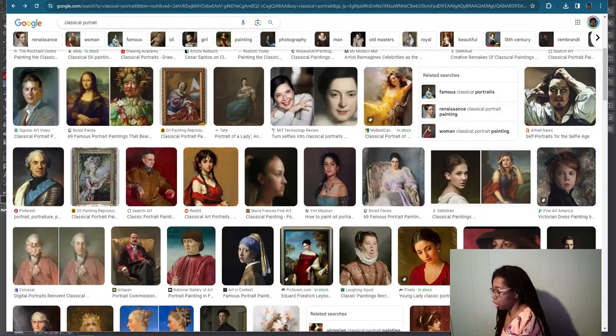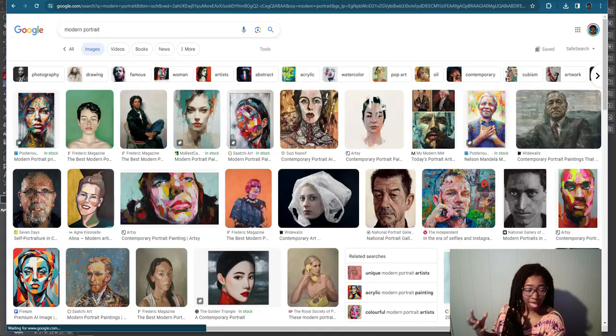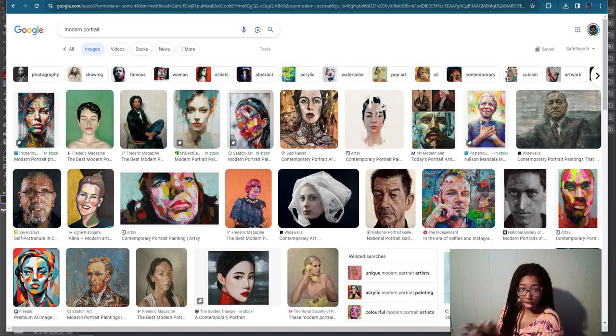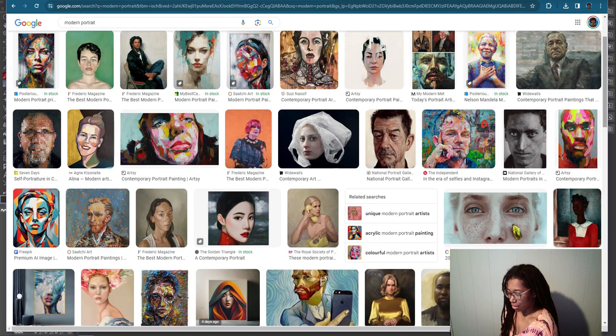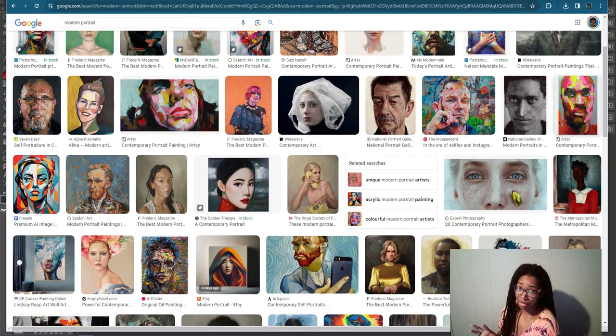But when we switch to modern portraits, you can see that the times have shifted. You can see that a lot of this portrait is more forward-facing, with a more equitable personality shift in who can be front-facing, who can be more expressive and take up more space on the canvas. And we just keep scrolling down here, and you can see a variety of styles here as well from